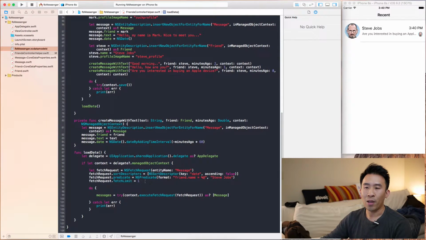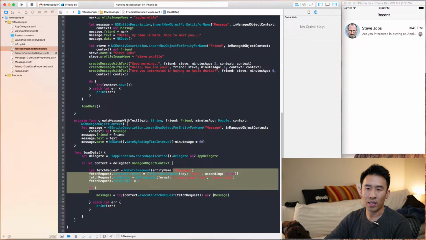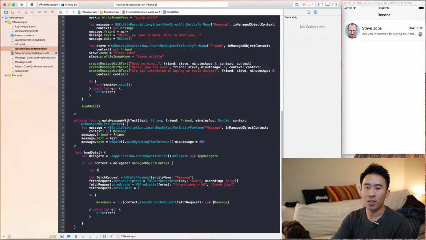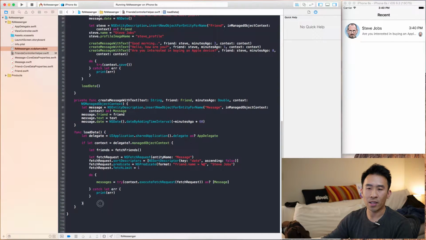So, next question is, how do we get this list so that we have Mark Zuckerberg and Steve Jobs' latest message into this collection view? And it's pretty simple. Basically, we want to execute this fetch here for all of our friends. And I'm going to do that by saying friends equals fetchFriends as a separate function that I create down here. And this will be, so let's use private func fetchFriends. This will return an array of friends like that,